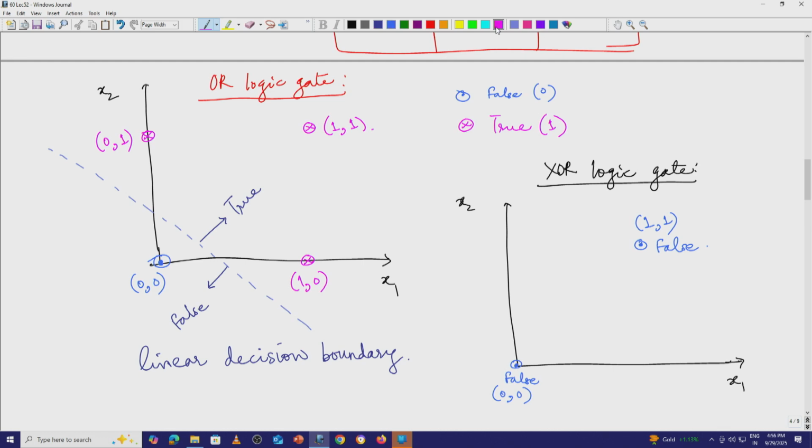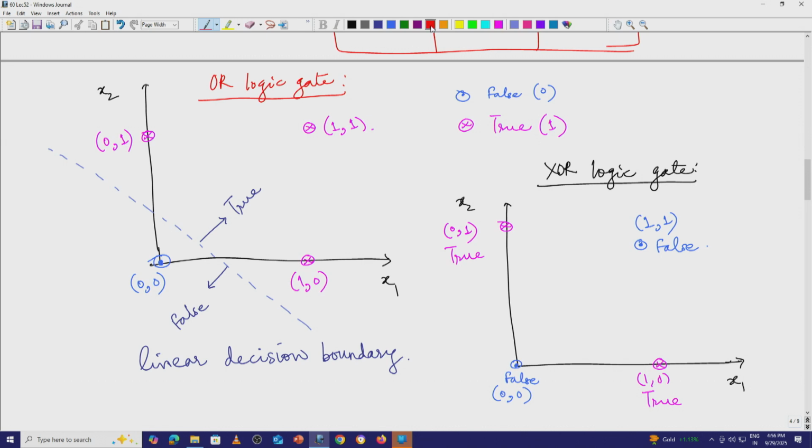So, if you take for example here, this is 1 0. So, here this is exclusive OR. So, exclusively x1 is true and x2 is false. So, therefore, this point amounts to true. On the other hand, if you look at 0 1, then here exclusively x2 is true, and therefore, this point also amounts to true. So, this is the XOR logic gate, and in this case try as you might, you